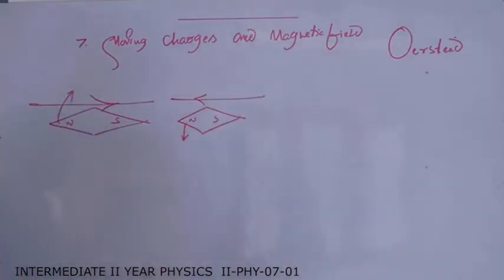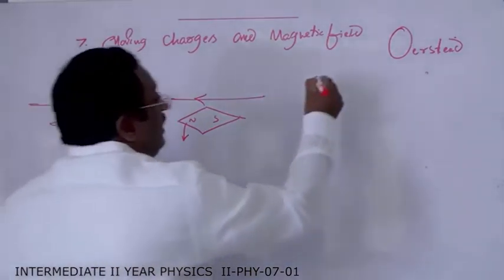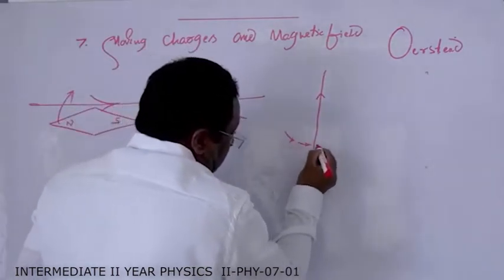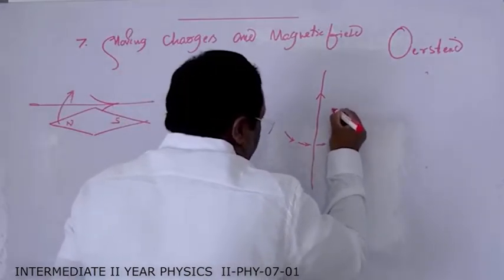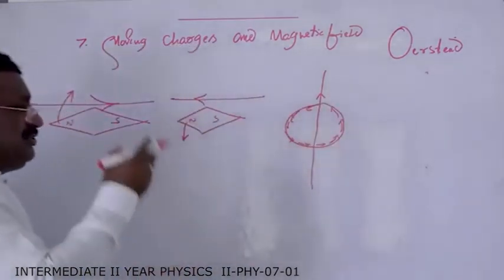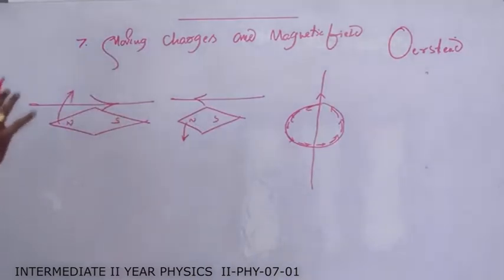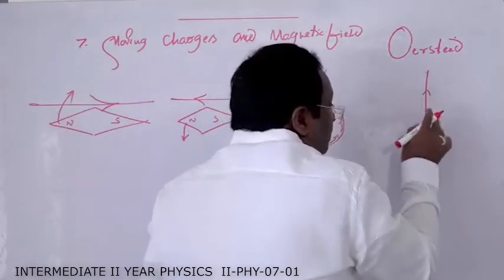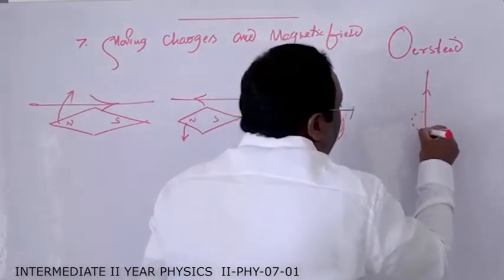Here, Oersted also observed the alignment of the magnetic needle around the current carrying conductor. If you see the magnetic needle, it always comes to rest like this. So what you understand is that when current is passing through the conductor, the magnetic field is arranged in the form of circles. Oersted also took some iron filings. When iron filings are sprinkled around the current carrying conductor, they arrange themselves in the form of concentric circles.